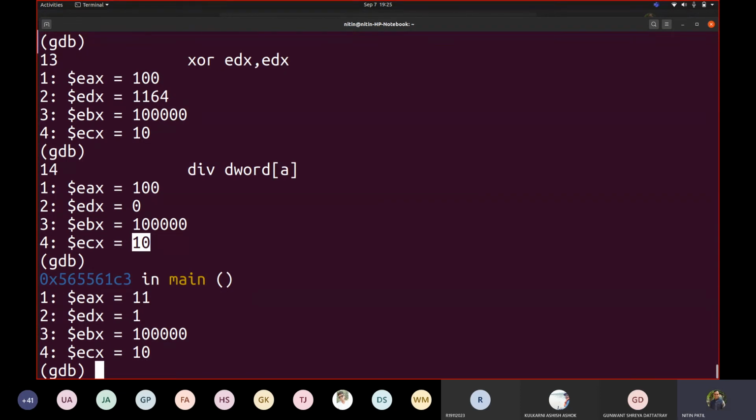See, 11 multiplied by 9 is 99. So the division goes to EAX and the remainder is available in EDX. 100 divided by 9, so 11 would be the quotient and 1 would be the remainder.